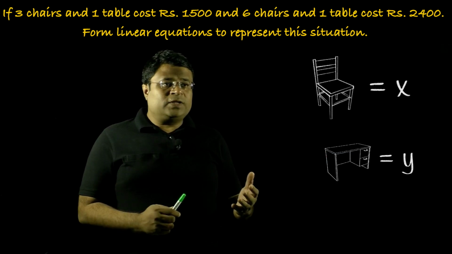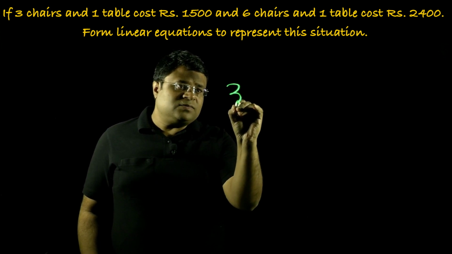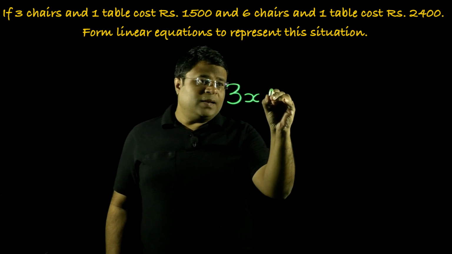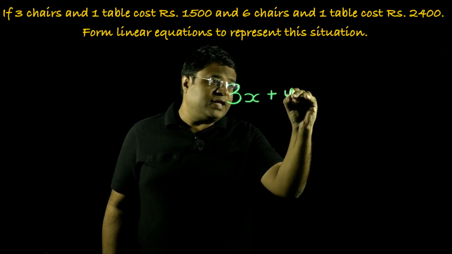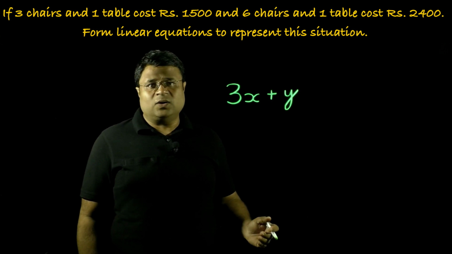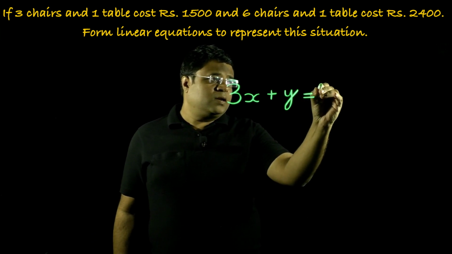Okay, so the expression is very easy. 3 times the cost of a chair plus 1 times the cost of a table. Sometimes it's not necessary to write the 1 here, and this is total